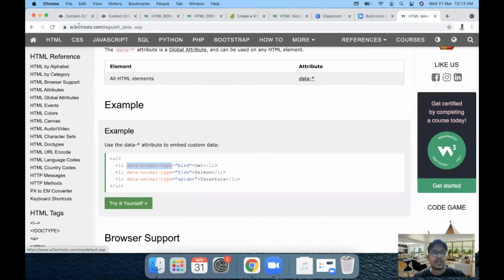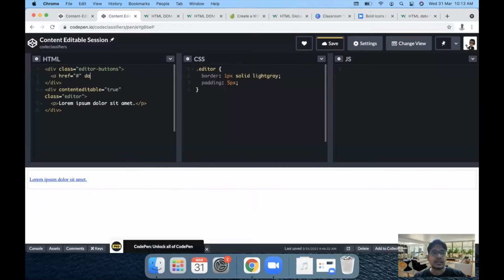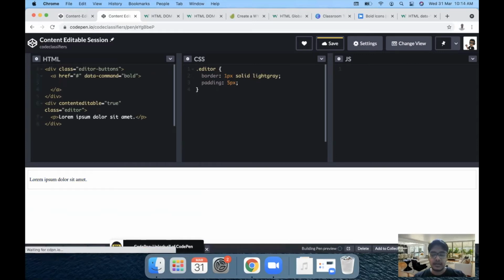Similarly, what we are going to do in our code is add a data attribute called data-command, within which we specify what kind of command this is. For example, if this command is for bold text, we can have a data attribute, let's say data-command, and that finishes the anchor tag. Within that, we need to add our icon. It will be an italic type.